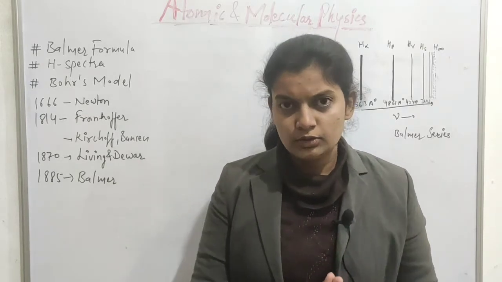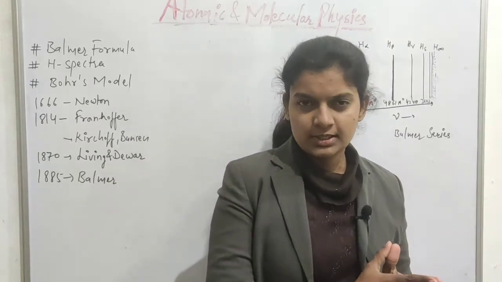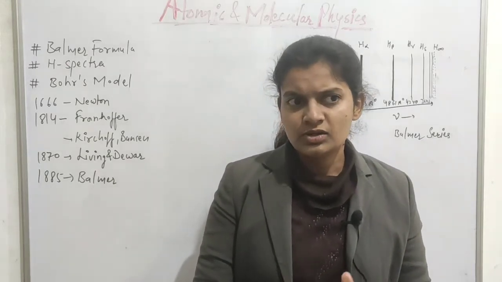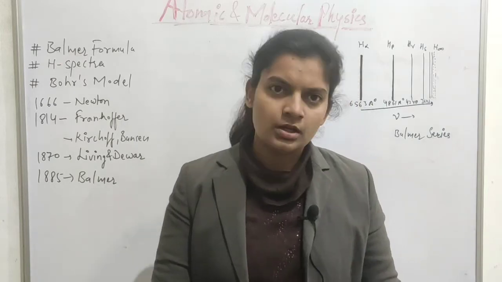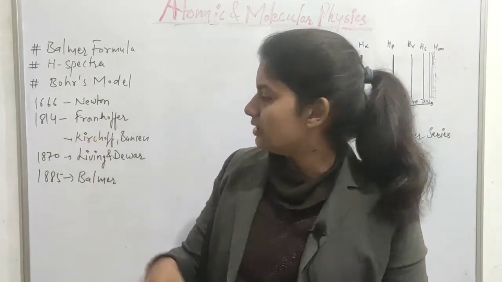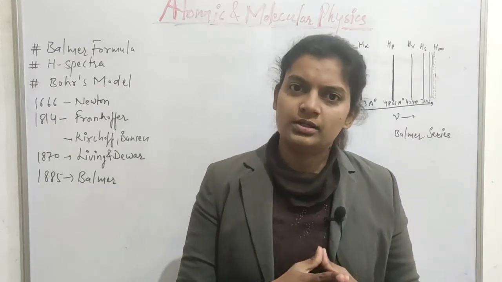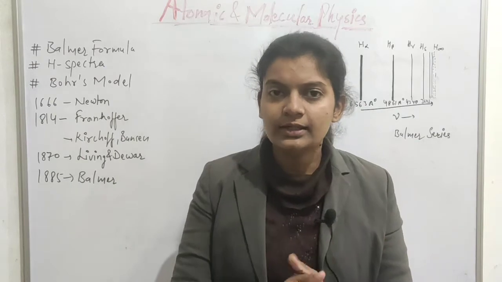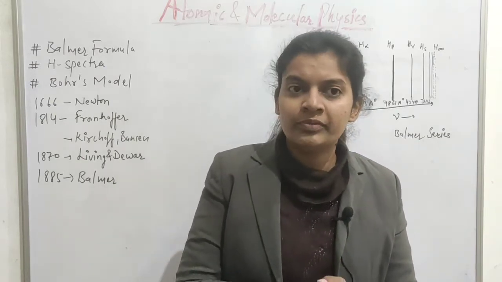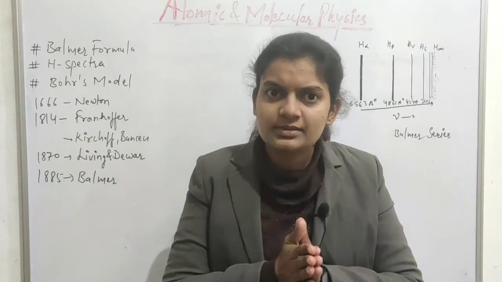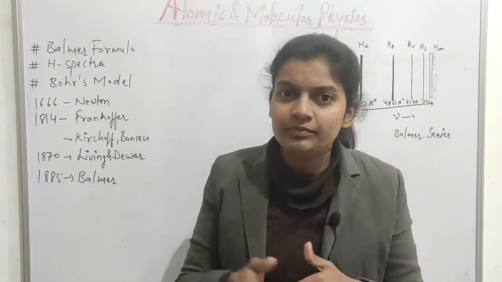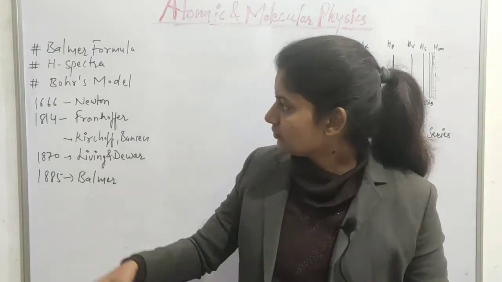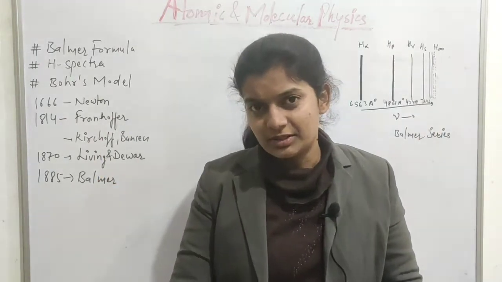So viewers, you know that in 1666, Sir Isaac Newton was the first to use the term spectra. After that, in 1814, Fraunhofer found that the solar spectra contain some dark lines. Soon after, Kirchhoff and Bunsen also found that the spectra contain dark lines. At that time, both of them were unable to explain why. Then, in 1817,